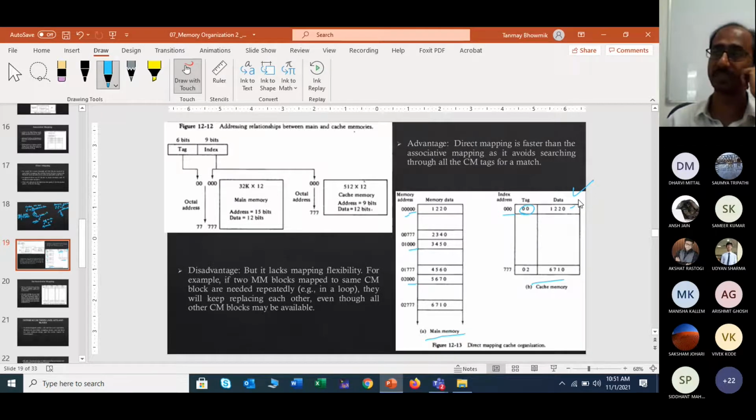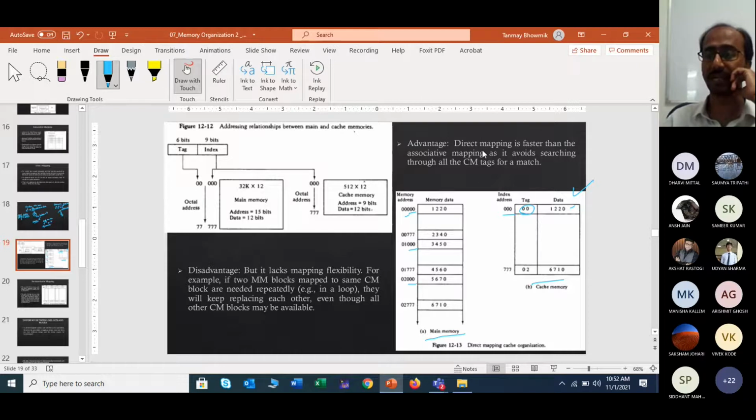Right, so this was actually faster than associative because of one proper logic. Someone is searching for you in Bennett, and he or she doesn't know whether you are in a theory class or a lab class. Or maybe he has first found out that you are doing the microprocessor class right now, but he doesn't know whether you are in the microprocessor theory or the microprocessor lab. So if he knows that you are from this batch and you are doing the lab right now, it will be easier to identify you because he can go directly to that particular lab and search for you. Right. So this is actually the example of direct mapping. Direct mapping is faster.